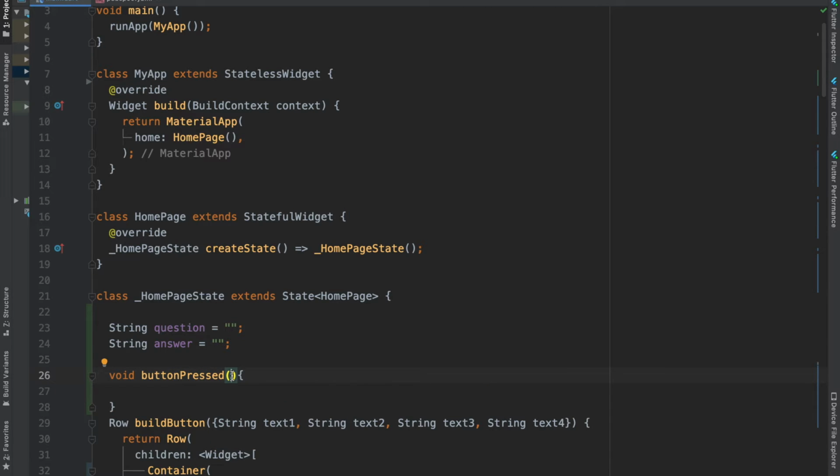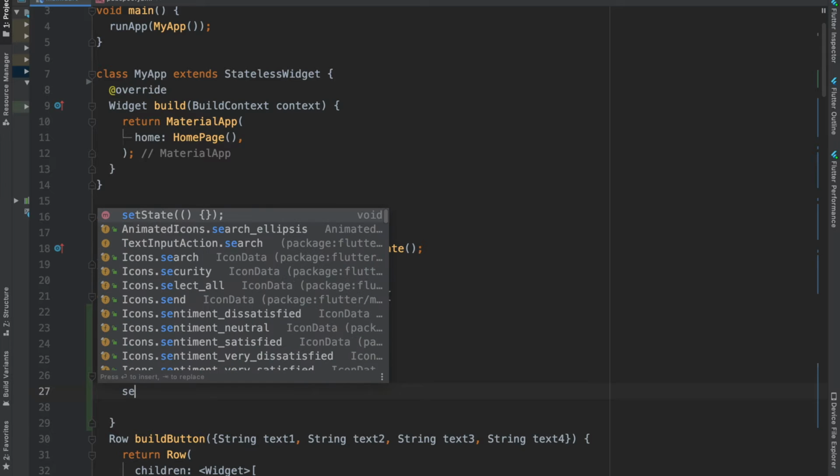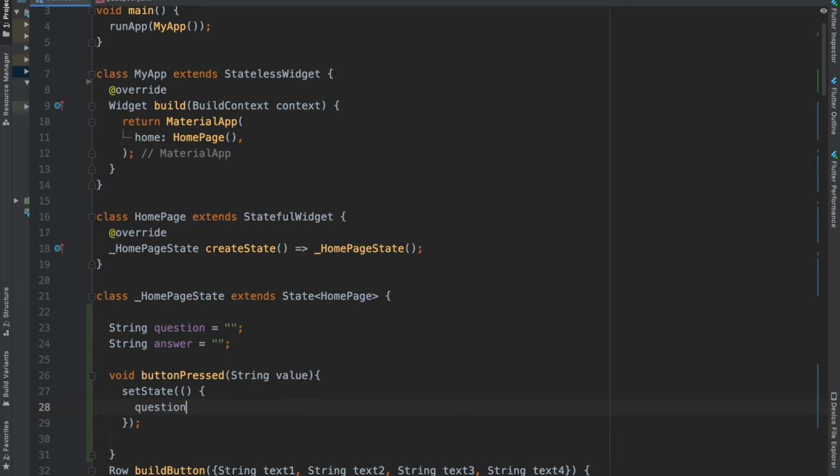So this method will take a string as its parameter. And inside this, I will call the setState function. So this statement here will simply append the string typed by the user to the string question.